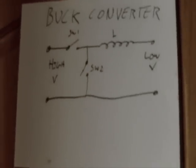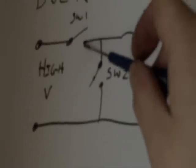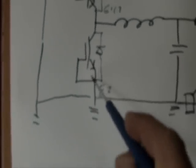Now if we go back to our simple theory circuit here, you can see that we have two switches and an inductor. Well, in practice, the top side switch here, SW1, that function is taken care of by this top side IGBT here, and SW2, this guy, is handled by the body diode of this low side IGBT that has its gate and emitter tied by a short circuit, and the purpose of that